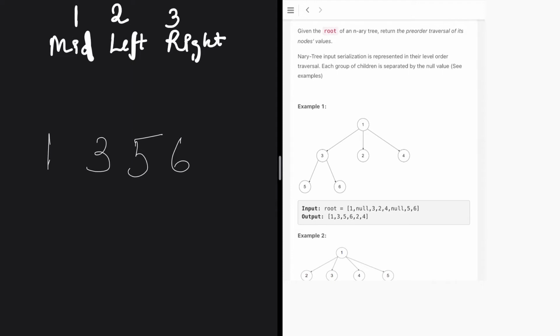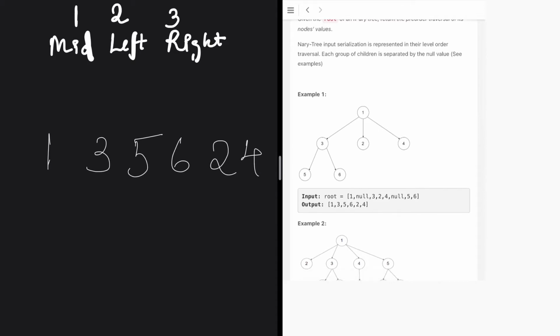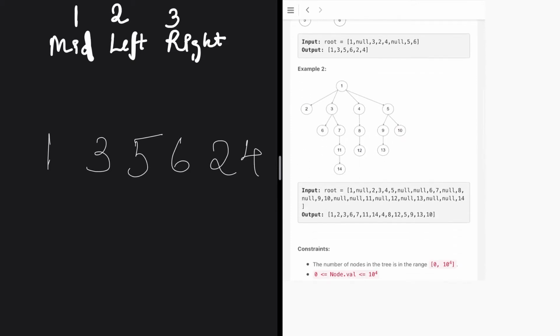1 also has another node which is 2, the right part as well. So we go to the right part 2. Now we go to the left part and right part of 2, which is not present, right? And then we go to the extreme right part of 1, and we print 4. And we go to the left and right child of 4, which is null, and therefore we just stop the pre-order traversal there.